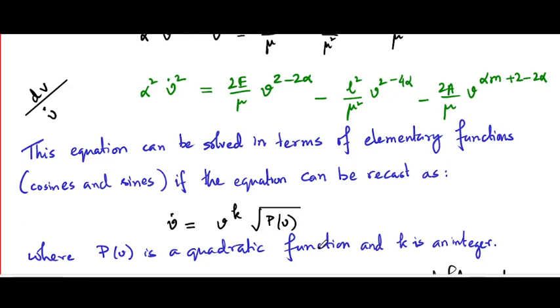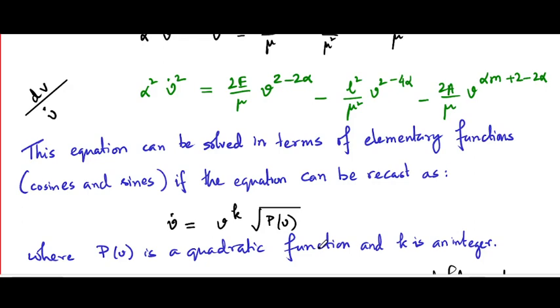An equation of this kind, v dot, is basically some polynomial in powers of v, although it may have fractional powers as well, but still a combination of powers of v on this side, can be solved in terms of elementary functions like cosines or sines. If this equation can be recast in the following form: v dot is some integer power of v, this is an important point, times the square root, of course there's a square root involved here, of a polynomial in v. And if you want a solution in sines and cosines, this polynomial in v should be